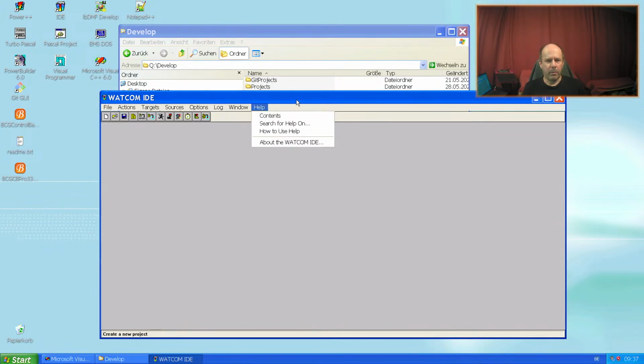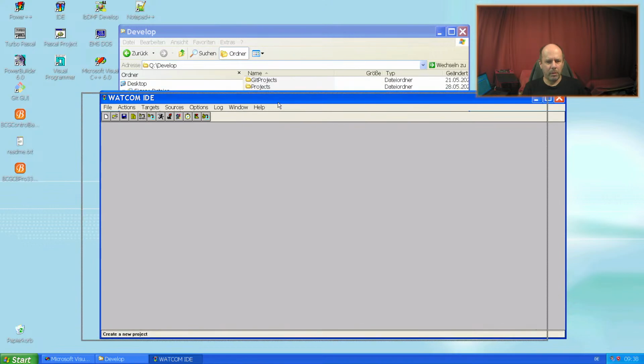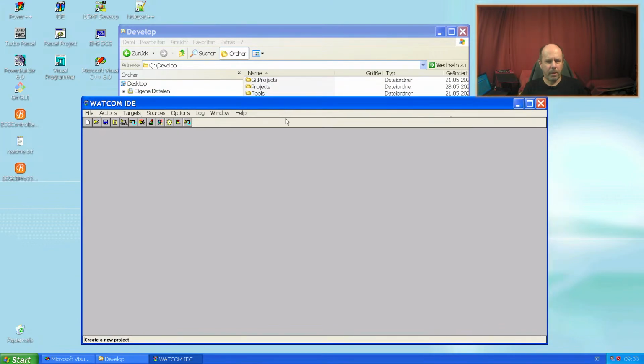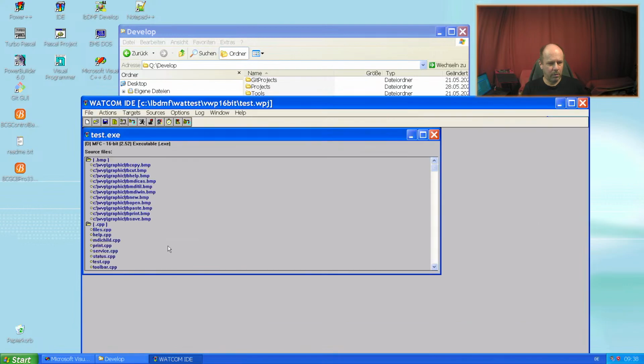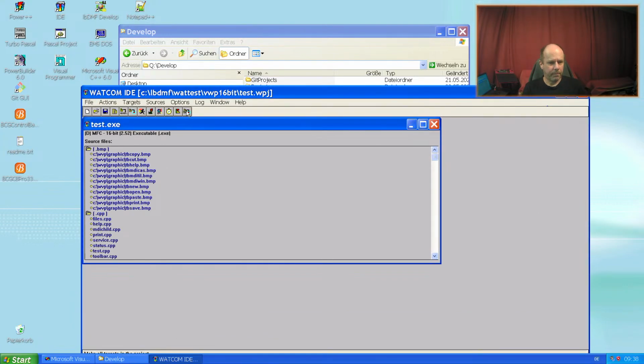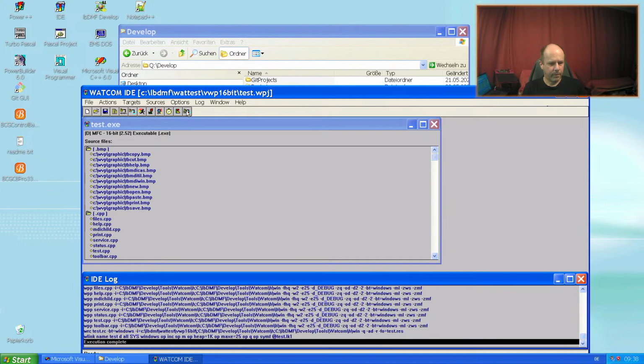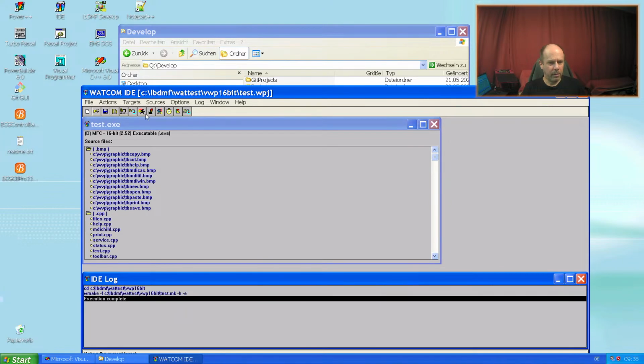And what I was not able to find out is that Watcom had some UI tool to develop MFC applications, and I played around with it in the last weeks, even going to have some 16-bit application.